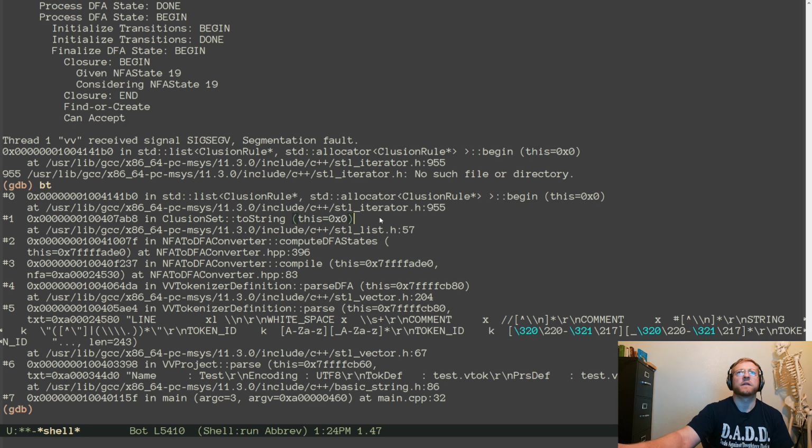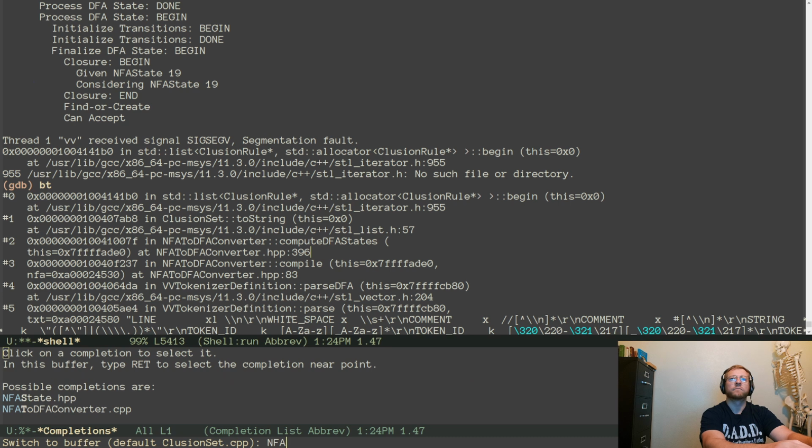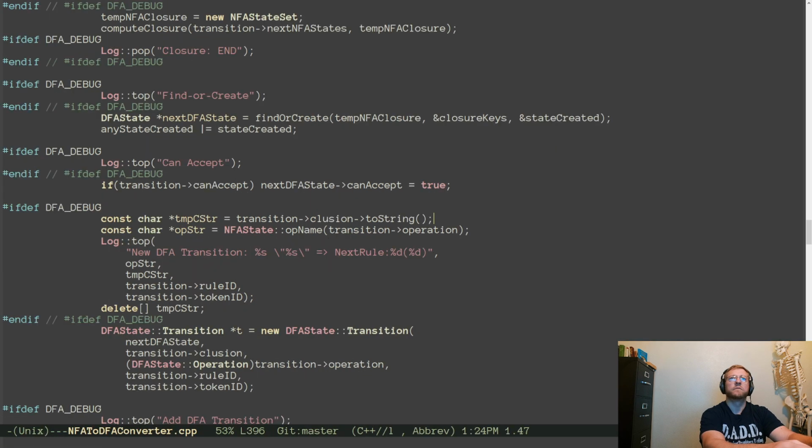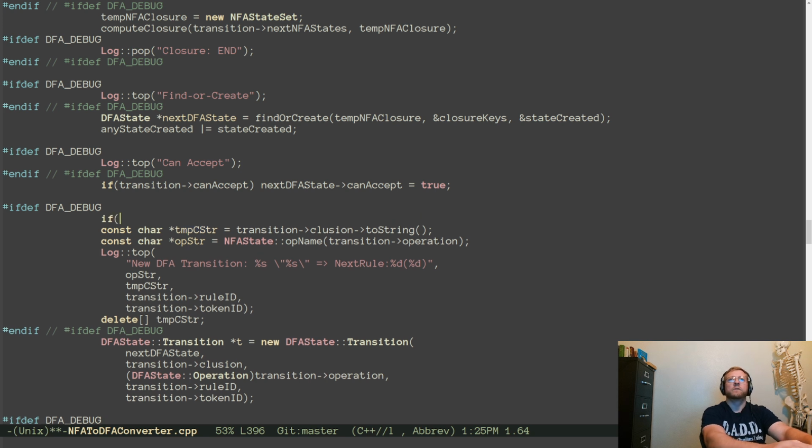The inclusion set itself is null. 396. That should also be impossible.